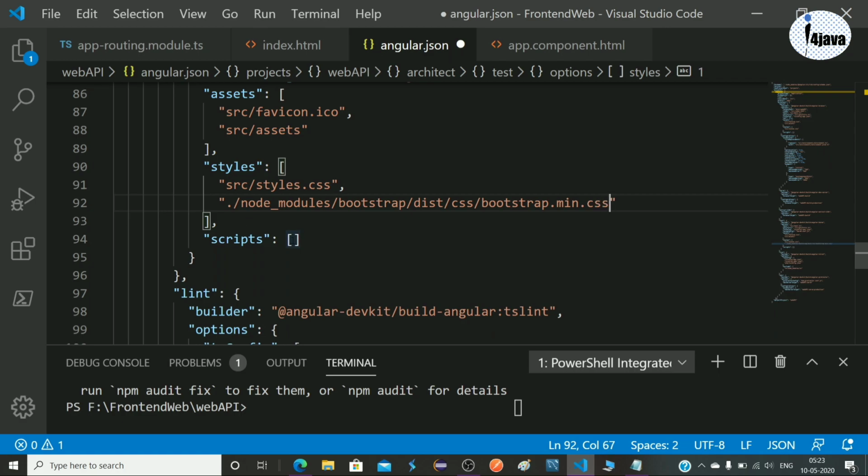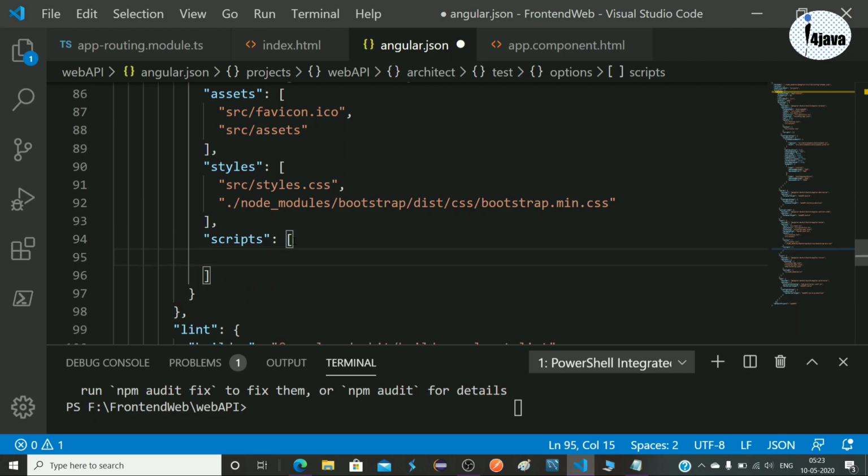And in the scripts section we have to use bootstrap.min.js: dot slash node_modules, bootstrap, dist, js, bootstrap.min.js.